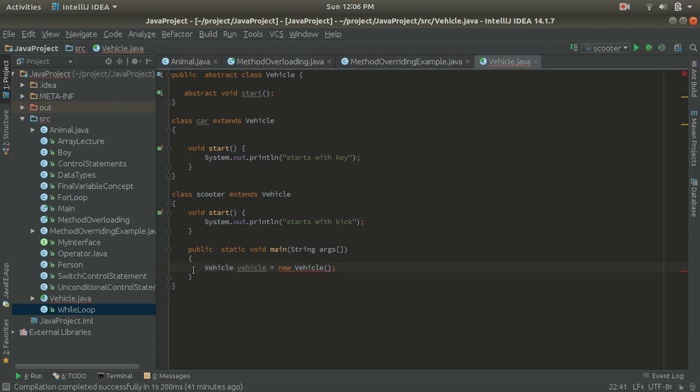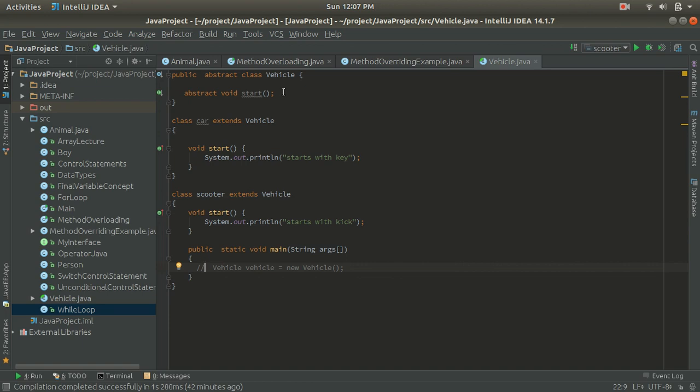Hence it is proved that we cannot create the object of an abstract class in Java, it is restricted. The reason, as I have told you, is that the Vehicle class can contain abstract methods and full-fledged methods, and an abstract method has no implementation part, so it is not useful to create the object.